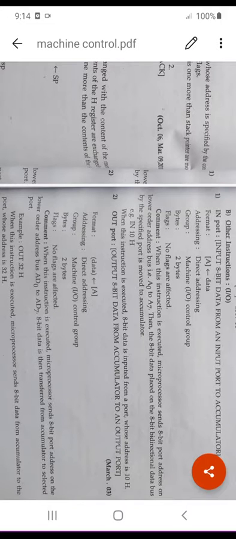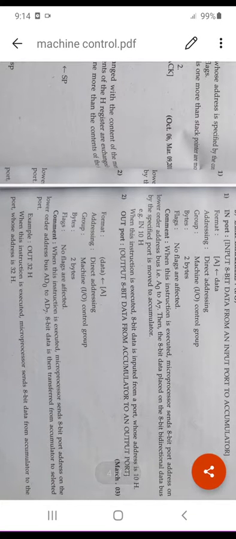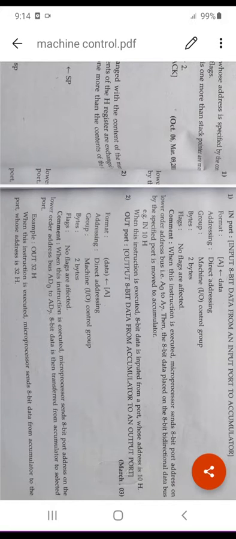The IN instruction is used to input 8-bit data from that port. The port address is given in the instruction, so it is a direct addressing mode instruction. It is a 2 byte instruction. Here 8-bit data is directly accepted from the port mentioned in the instruction. Similarly, OUT port, that is, output 8-bit data. This is a direct addressing mode instruction, which is also a 2 byte instruction, which outputs the result of a calculation on the output port given in that instruction.